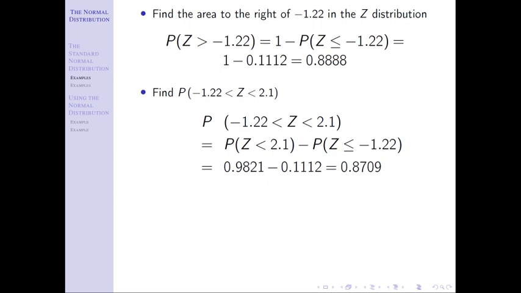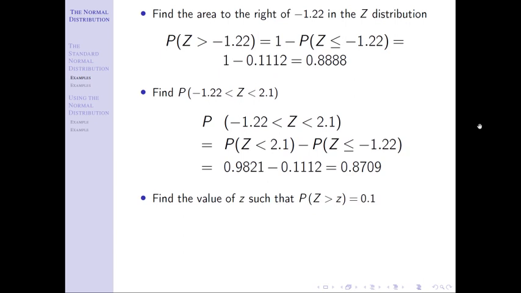And then our last example is a little bit different. It says find the value of z, lowercase z, such that the probability that z is greater than this lowercase number, whatever it happens to be, is 0.1. Notice in the first two questions, I'm asking for probability, or I'm asking for area, which is synonymous with probability. And notice in this case, I'm given the probability. The probability is 0.1.